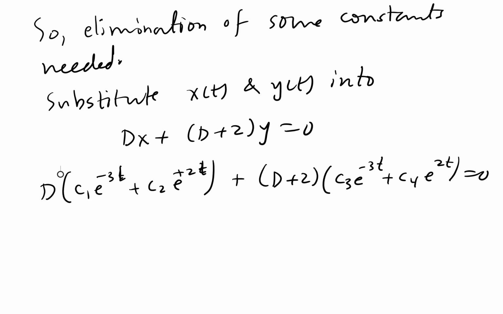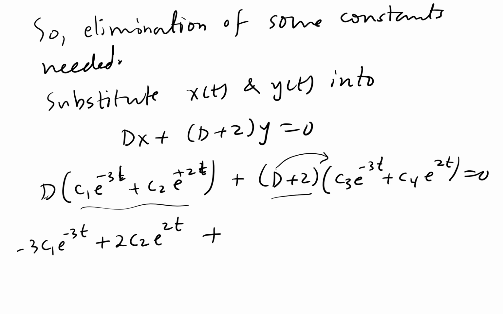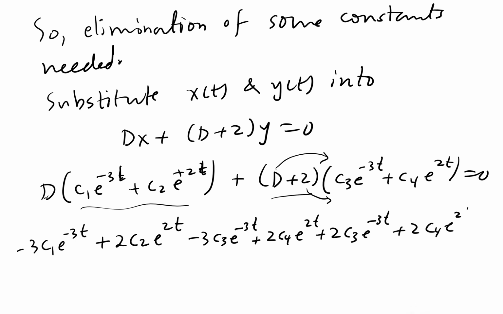Then when you find this, basically what D is saying, it's an operator and says, hey, find the derivative of this thing. So the derivative of the first one is negative 3C1 e to the negative 3t plus 2C2 e to the 2t plus. How do we deal with this operator here? We take the derivative of all of them and then multiply everything by 2. It's kind of like a distribution. So D for that is going to be negative 3C3 e to the negative 3t plus 2C4 e to the 2t plus 2C3 e to the negative 3t plus 2C4 e to the 2t equals